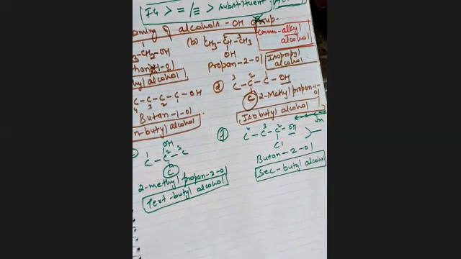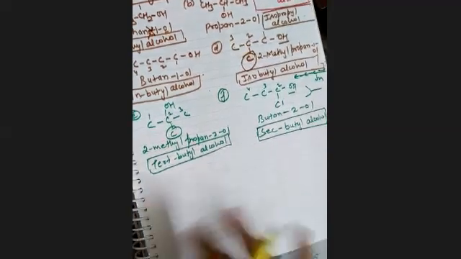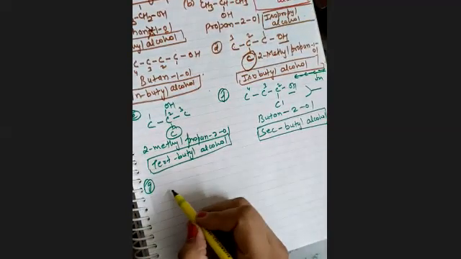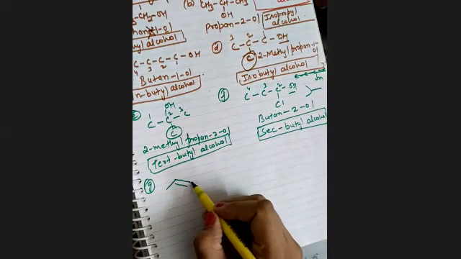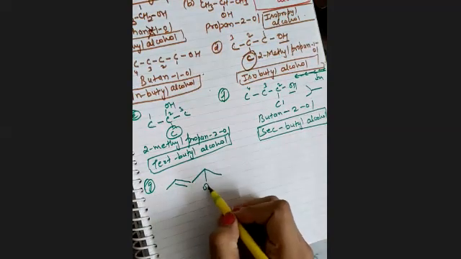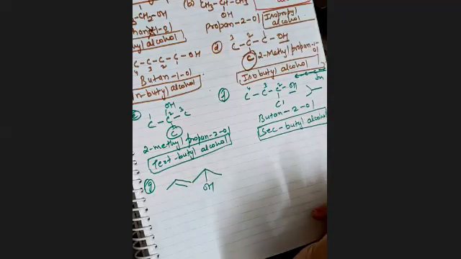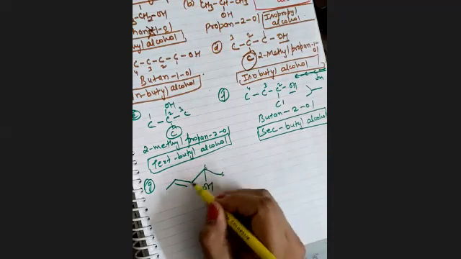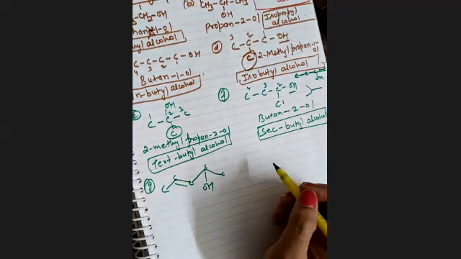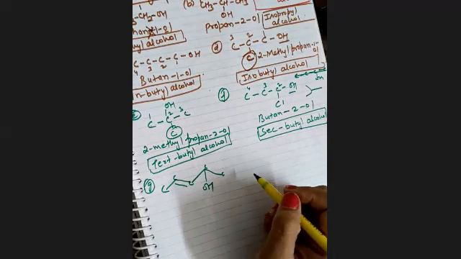I have taught you so many examples. These are the general alcoholic examples. Let me just twist the question, or make it difficult, because these are the simplest ones. If I have this type of arrangement, then what will be the nomenclature? One carbon. So from which carbon will we start the nomenclature?